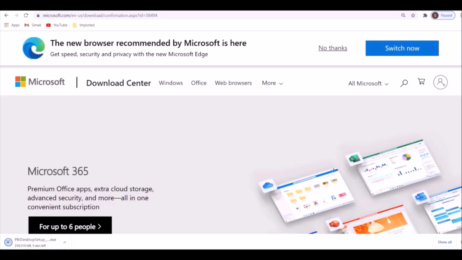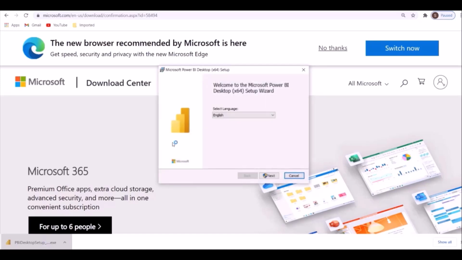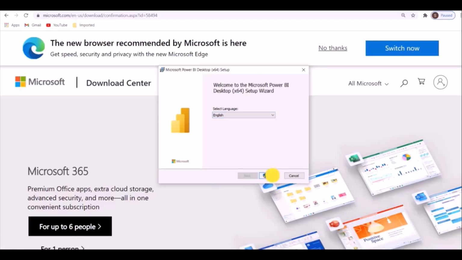Once downloaded, double click the downloaded exe file. It will provide you the option to change the language, but we will go for English. Click on the next button. Installation started.